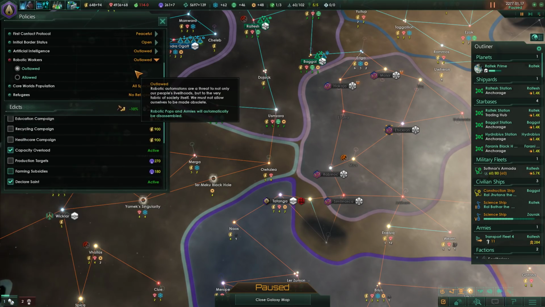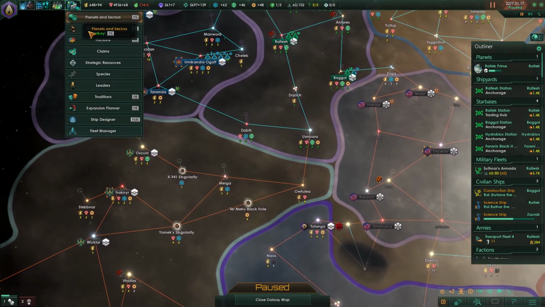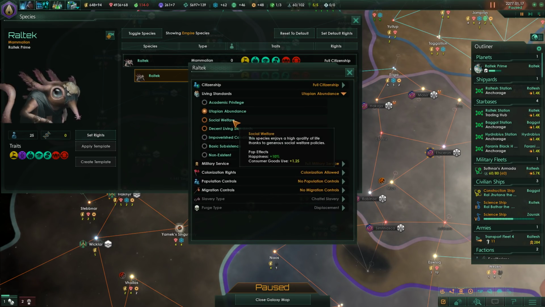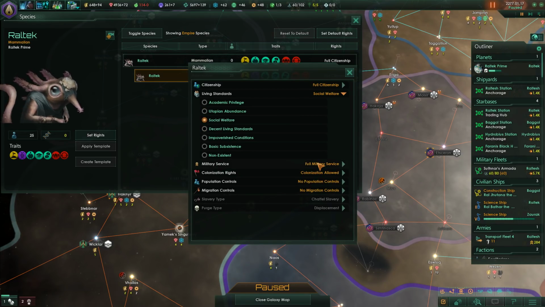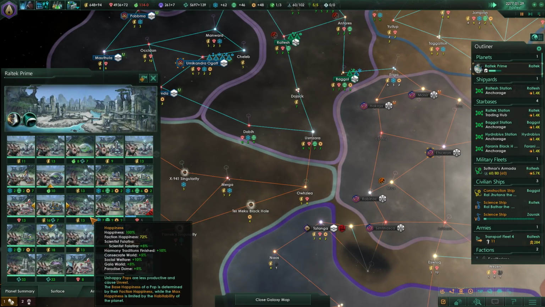I think what I'm going to do is... You know, actually, no, I'm fine. I was going to go to species and set the rights here to just social welfare. Hell yeah, I'm going to do it. Saves me a little bit of energy credits, and everyone's already fully happy anyway. So,